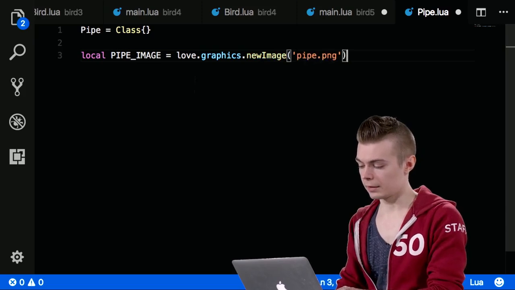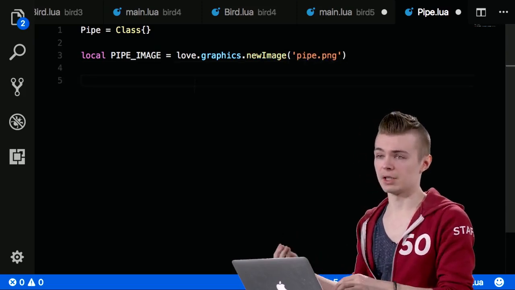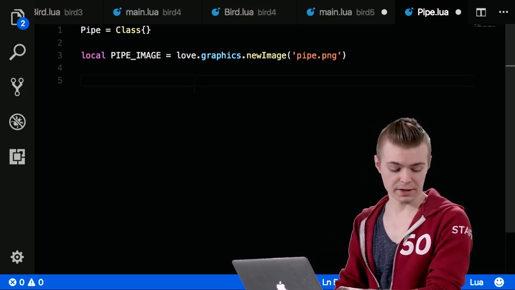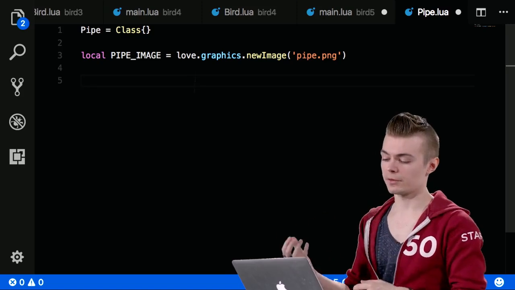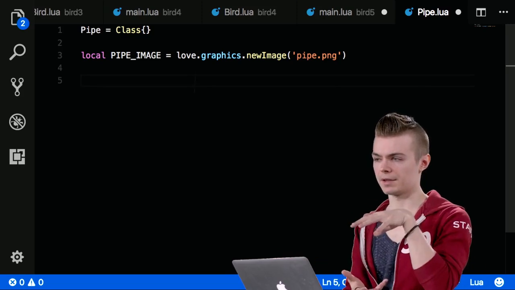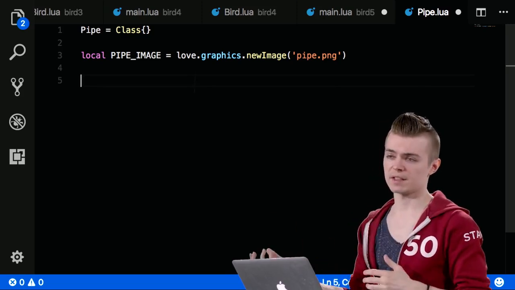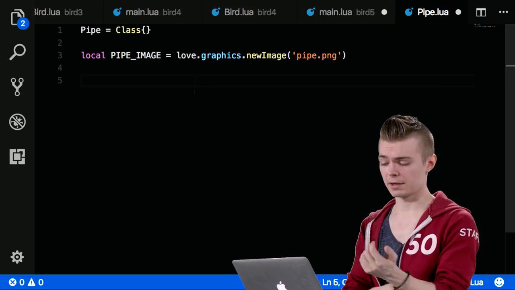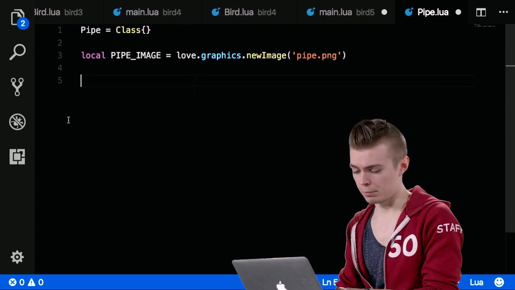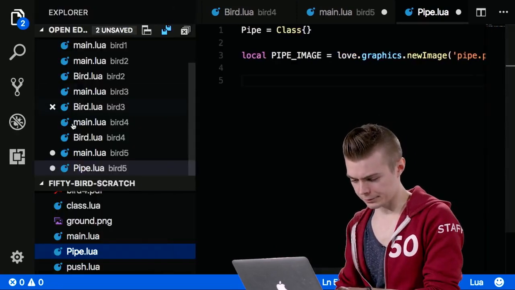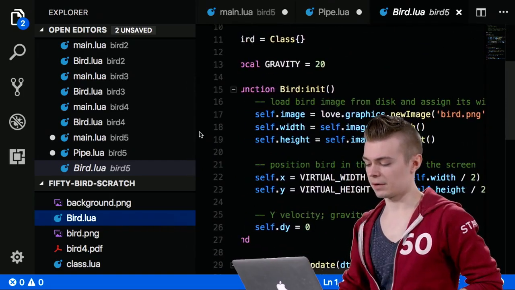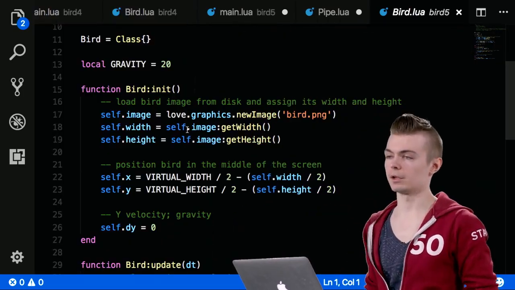We're going to call it, say that we have pipe.png in this folder. And this is sort of separated out from the functions that we're going to be defining in here, but this has the effect of creating a semi-global graphics object, even though it's contained within this class file. It's not accessible outside of this class file because we don't need it to be, but it's also not being instantiated every single time. Because recall, if we look at bird.lua here,